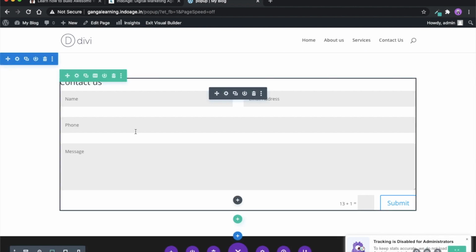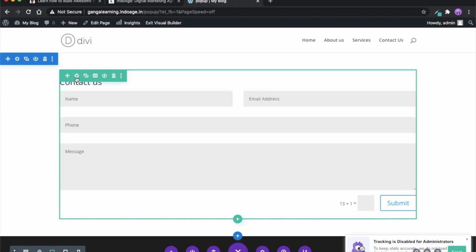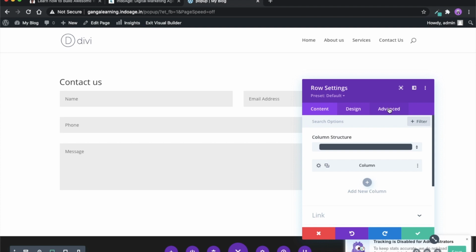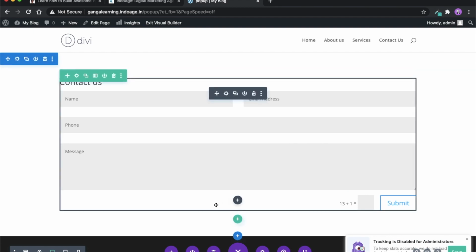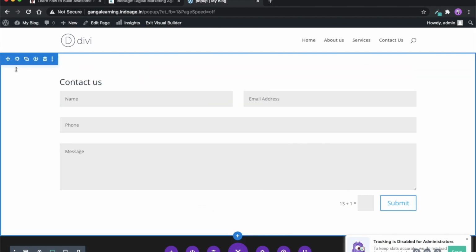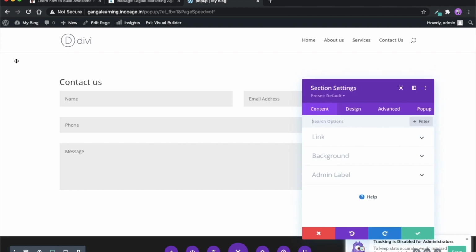And now, how does this pop-up plugin work? It actually works on the sections only. So you can't get that option in the row settings or in a module setting. The pop-up setting, you will get on the section only. So just click on the section settings, and now you can see they have added pop-up settings in the section settings. So just click on that, and